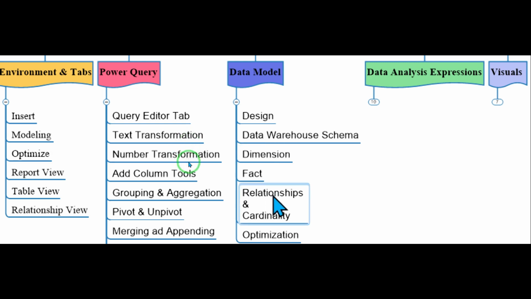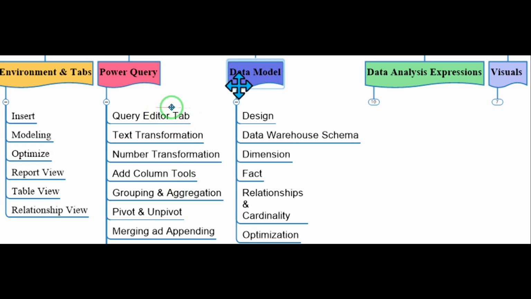So here you should be familiar with the concepts of relationships, cardinality, and finally, in order to make the best data model, you should know different optimization techniques, which is really important when we are going to improve the speed of our tools in terms of the visualization, loading the data, and other important factors. Therefore, you should know what are the best practice for your data model